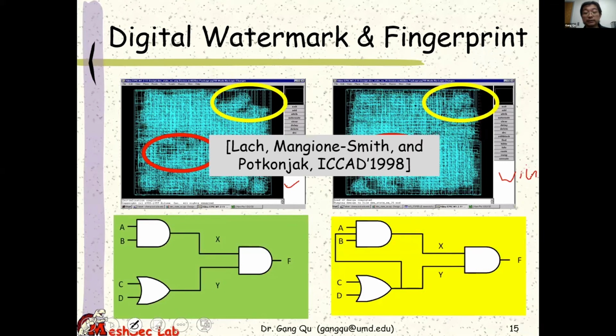And this is another example, which shows this concept called the fingerprint. For example, at the gate level of the IP of the circuit, I see these two things here. They look different, but if you do an analysis, they have the same functionality. Why are we doing that? You have to make sure that when you do the design, the optimization tools are not going to remove this one, because this one has been put here for a purpose, which is trying to embed your fingerprint.